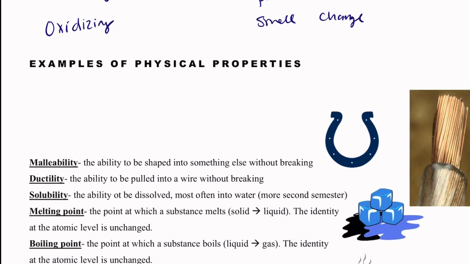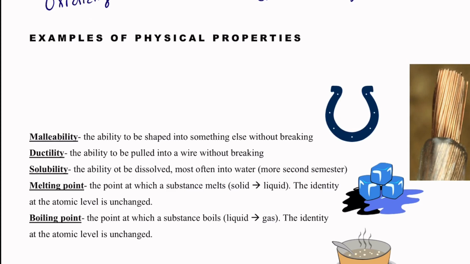Physical properties, we have some malleability. This is the ability to be shaped into something. I put a horseshoe there because metals are typically good at that. Ductility, the ability to be pulled into a wire without breaking. Copper is really great at that. Solubility, when you dissolve something,